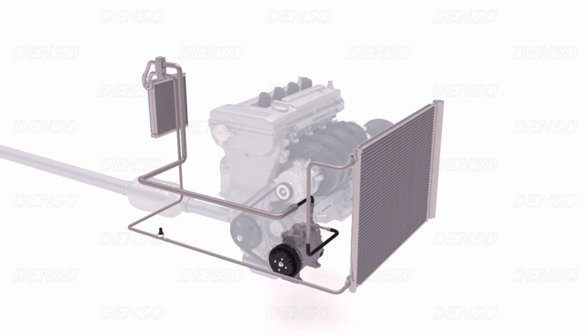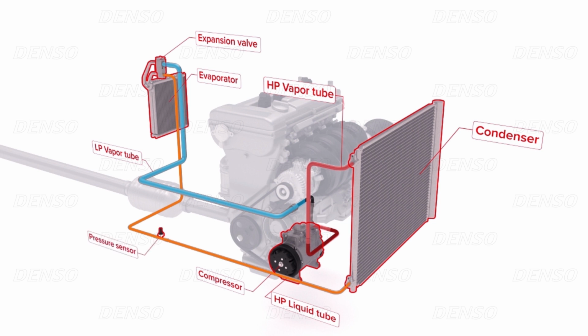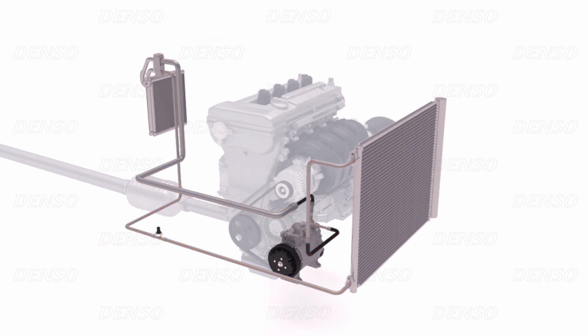The main components of an air-conditioned system are the compressor, the condenser, the expansion valve, and the evaporator. And the refrigerant used to absorb the heat in most air conditioning systems is known as R134A. But since January 2017, new car air conditioning systems must use R1234YF for environmental reasons. We can now look at air conditioning operation in greater detail, starting with the compressor that